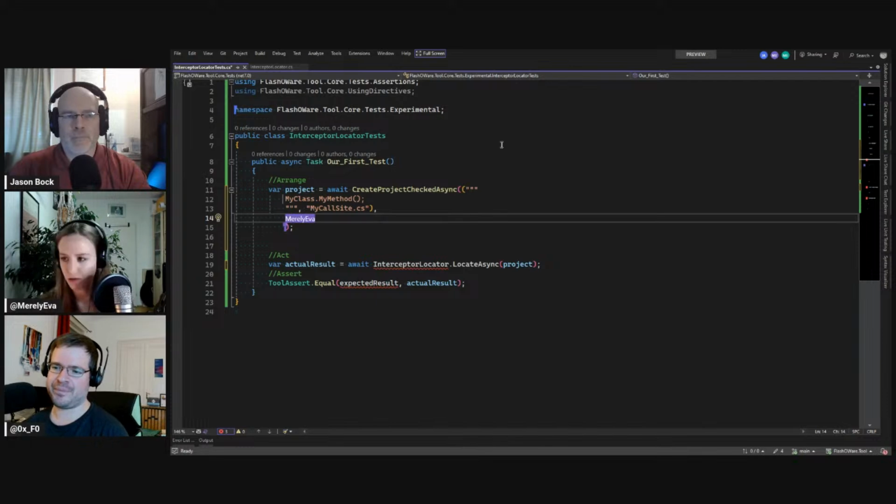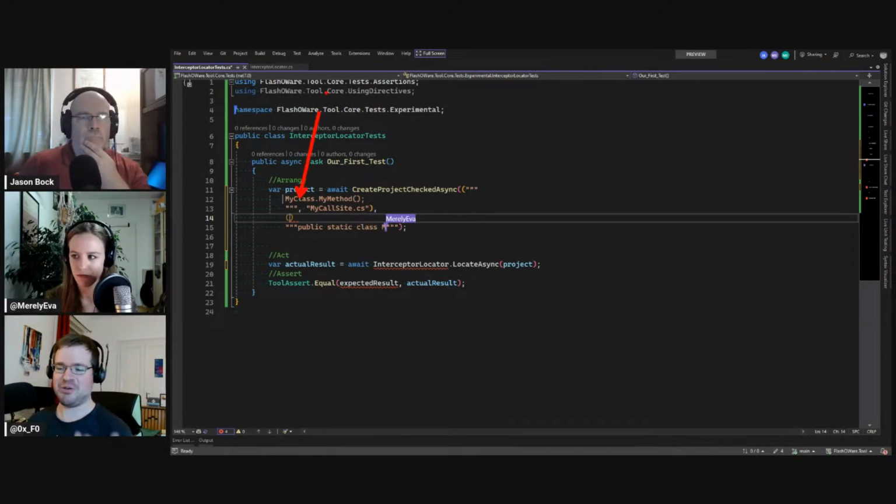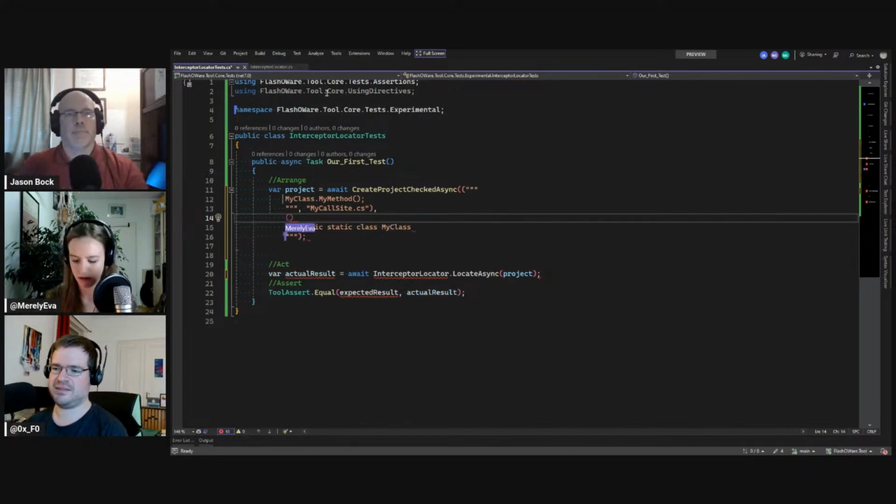Yes. Okay. Raw string literals like this. So public static. It's a normal method, right? Let's declare our class. All right. Got it.